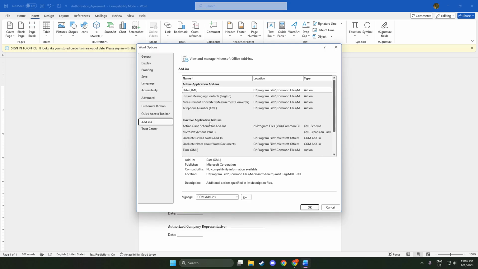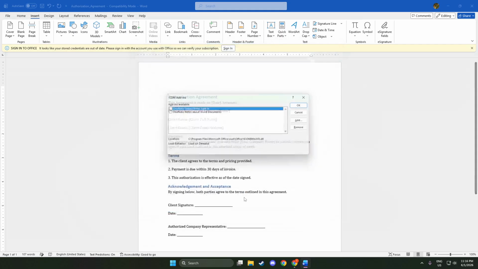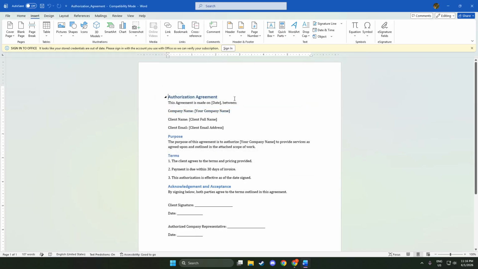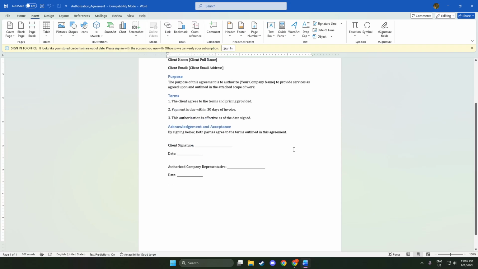As an extra tip, if Word becomes stable after this, you can later re-enable add-ins one at a time to figure out which specific one is causing the issue. But for now, the main goal is to get Word working reliably again. That's how to check for add-in problems and fix Microsoft Word crashing using safe mode and by disabling COM add-ins.